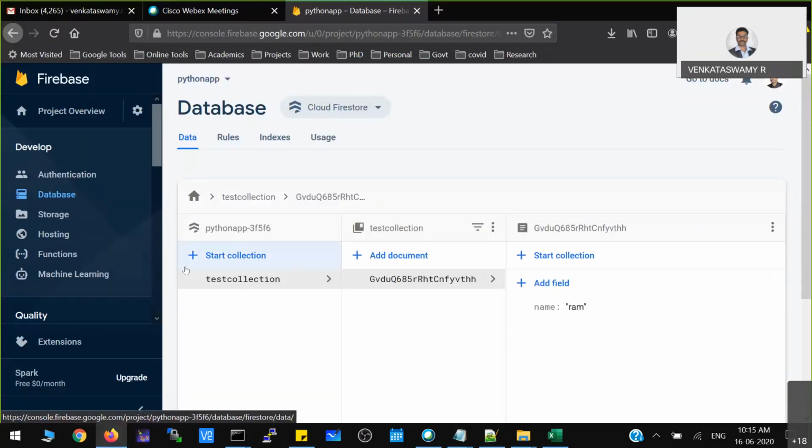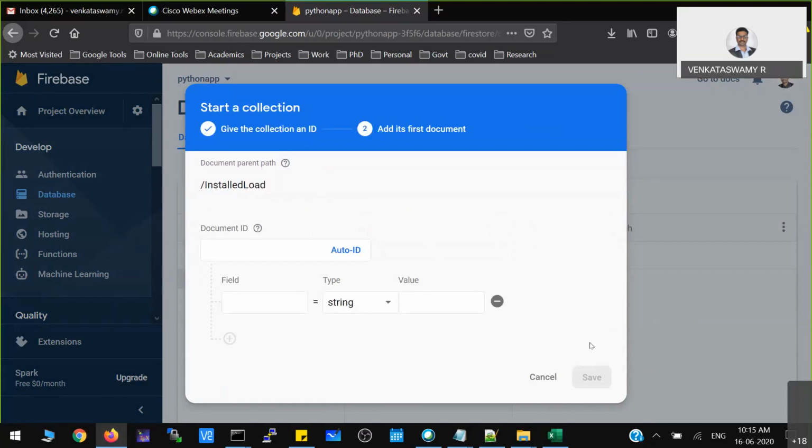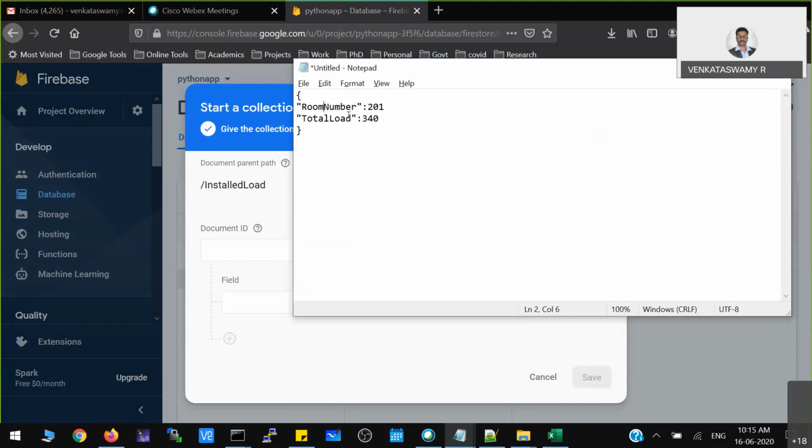So now what I'll do, I'll click on this Start collection, provide a name for that particular schema, and click on next. Okay, and you can add n number of fields. Say for example, room number.